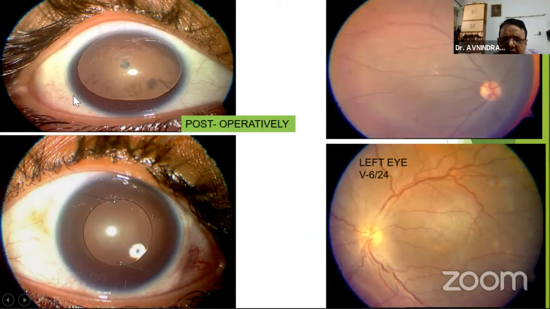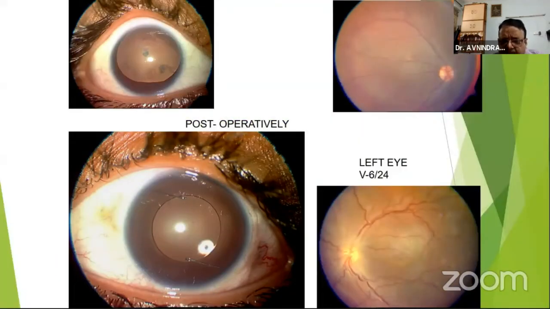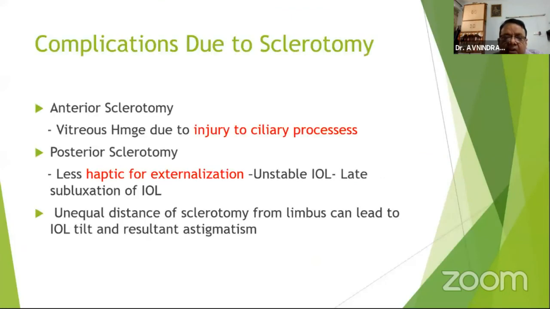This is another patient of aniridia. I wanted to show this patient and the anatomical result. You can see how well the lens is placed. It's in a horizontal position, and an aniridia patient regaining 6/18 vision. Coming to the complications, if you have an anterior sclerotomy, then you can hit the ciliary processes or the iris root,